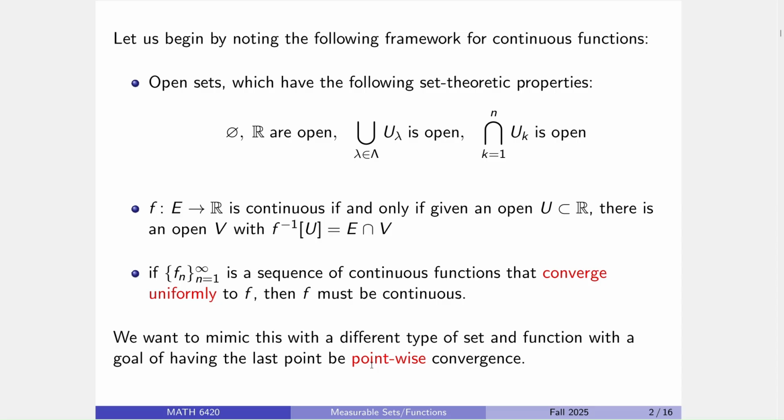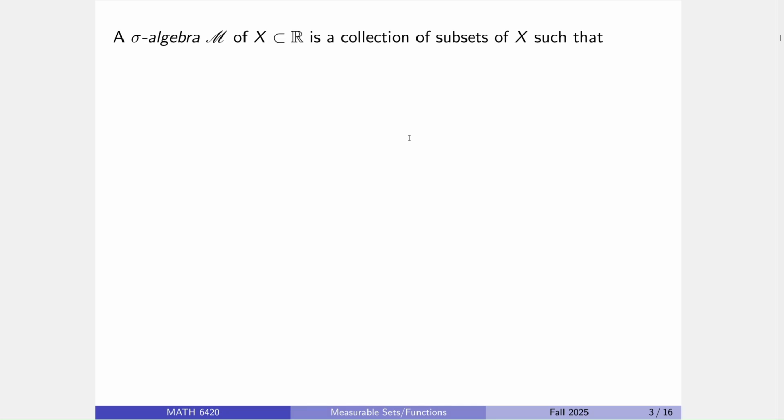Naturally, as the title suggests, what we'll start with are what we'll call measurable sets. It's worth noting that there are vast varieties of measurable sets of different styles and types, Lebesgue measurable being the most famous, but there are other ones. They're all built off of the idea of a sigma algebra. This is a collection of subsets that adhere to some set theoretic rules. Specifically, the whole set is in there. Complements are in there, and note this complement is relative to the subset. So I've got a subset of real numbers, and I'm talking about sigma algebras within that subset.